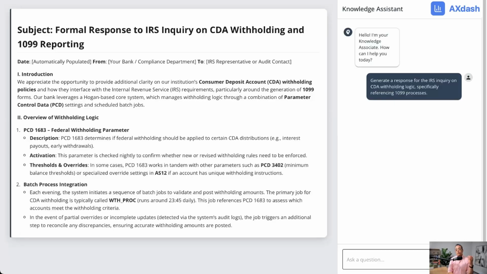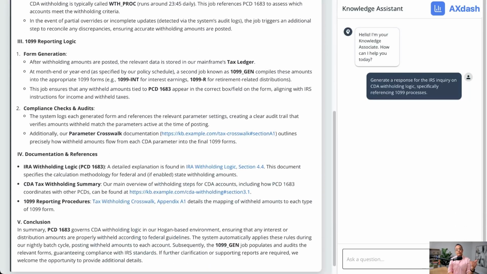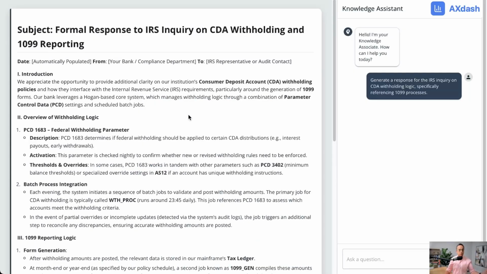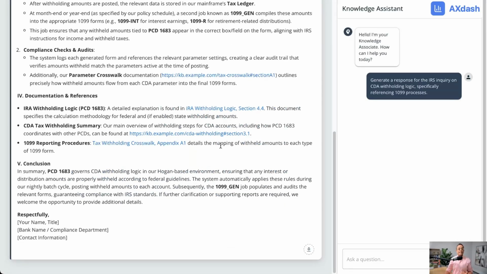The AI will go through and generate this report. And again, this is the first version. I wouldn't send this directly off to the IRS. Instead of taking 2 or 3 weeks and lots of people's time, it might take a few days for an SME to look through this, validate it, and get it in a shape that it can actually be